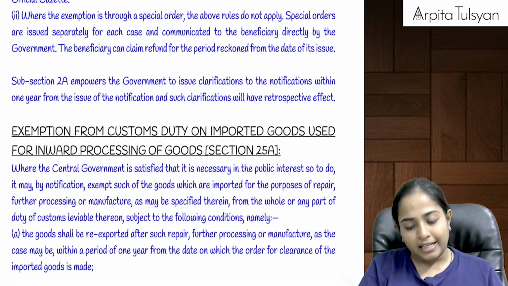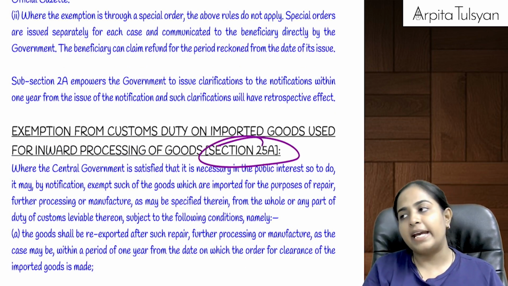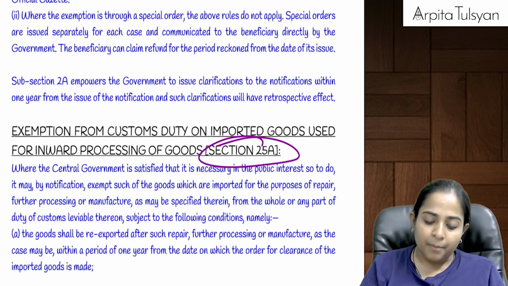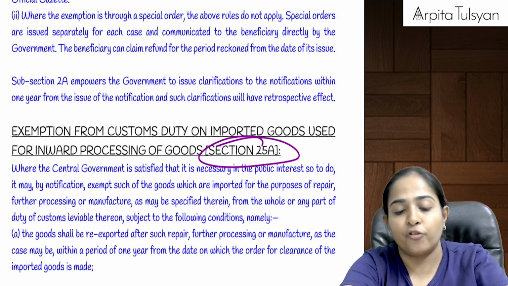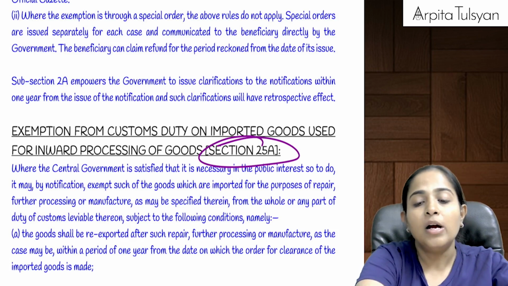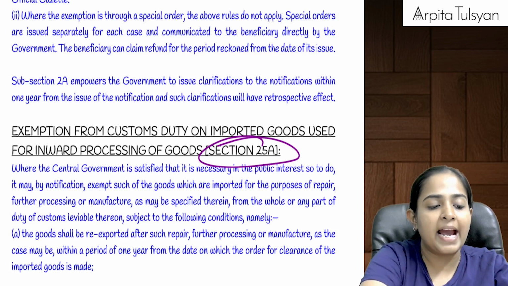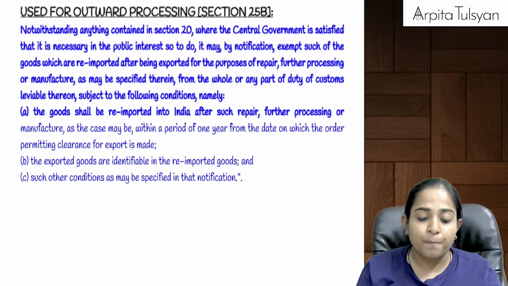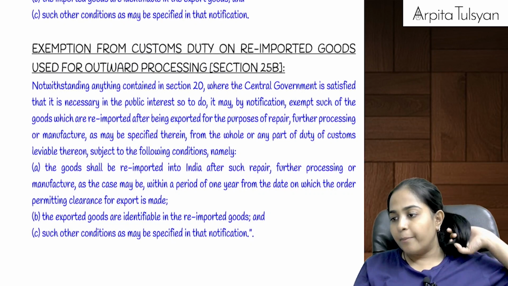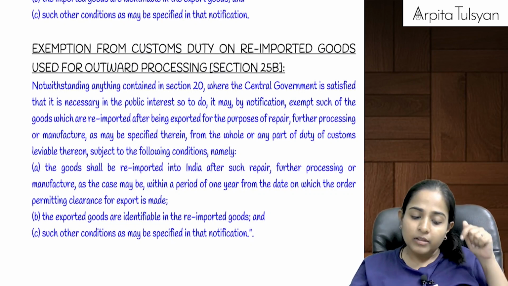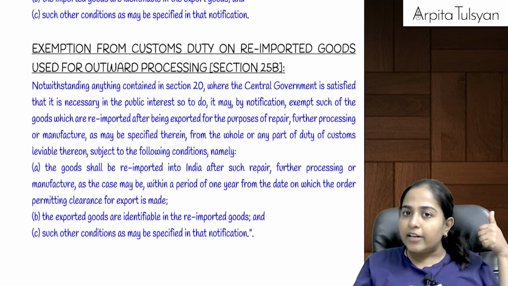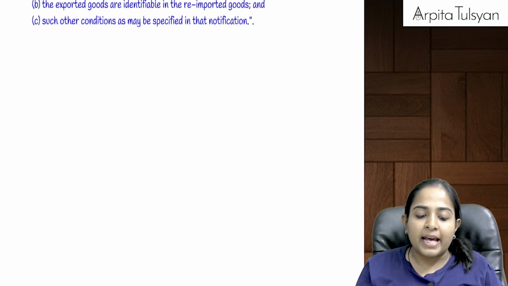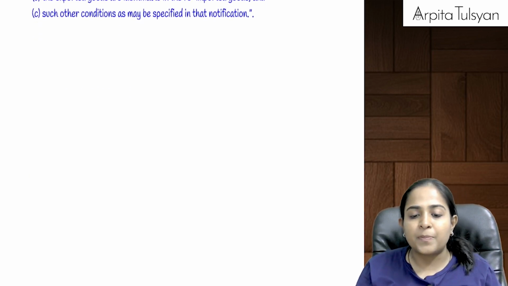Yes. Then the last two sections here, section number 25A and section number 25B. Okay, what does section 25A say? First of all, one important thing which I want to tell you, please remember section number 25A and section number 25B, both are applicable only in case of specified goods. Because when you read this, you will get confused with section number 20 and those two notifications. So right now I am clarifying that this is applicable only on some specified goods.